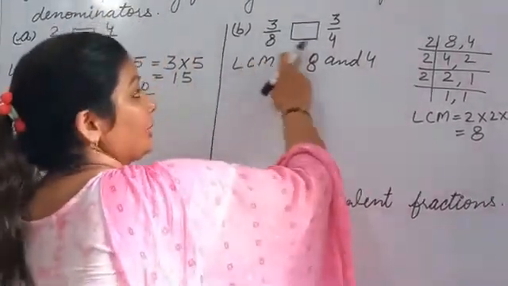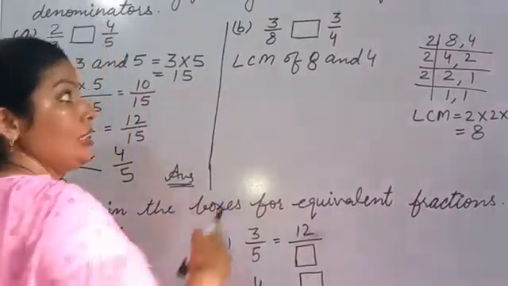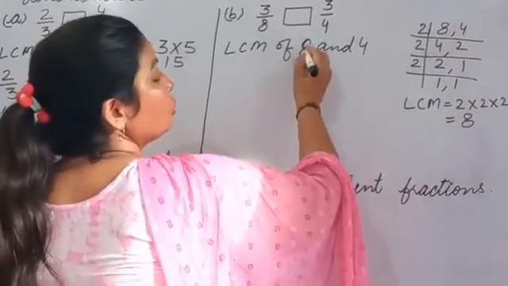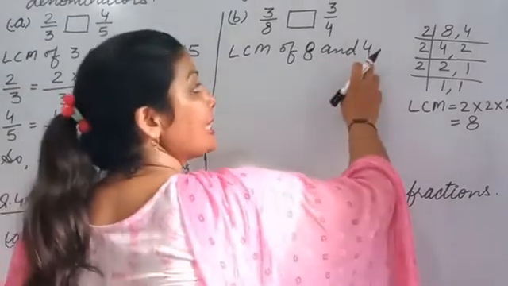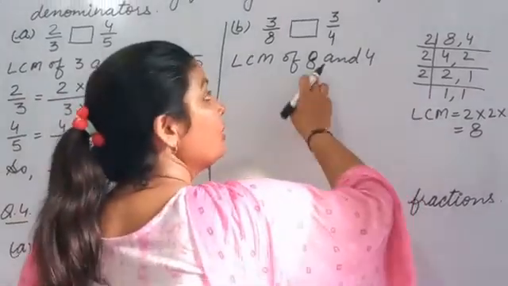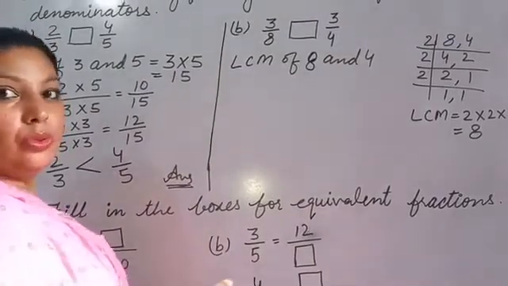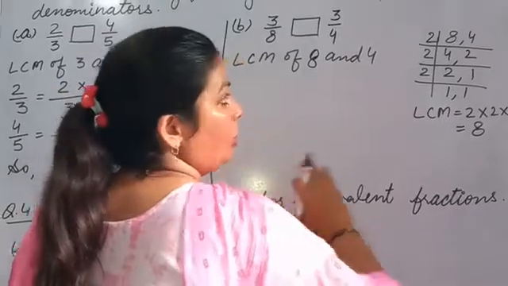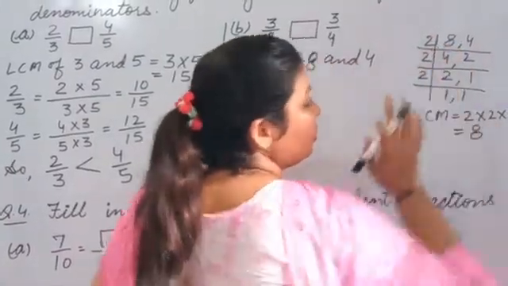One oral way also I am telling you. If two numbers are there and in the smaller number's table you have the big number. The smaller is 4. In the 4 table you have 8. 4 2s are 8. So the big number will be our LCM and the small will be our HCF. जो smaller होता है वो HCF होता है और जो big होता है वो LCM होता है. तो आप verify भी कर सकते हो. Okay? So like this you will find LCM. आप यहाँ पे ये भी छोड़ सकते थे, तो भी वही होता 2 into 2 into 2.